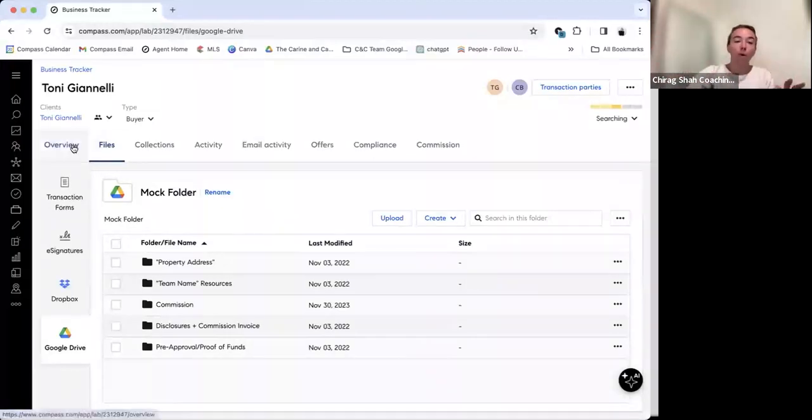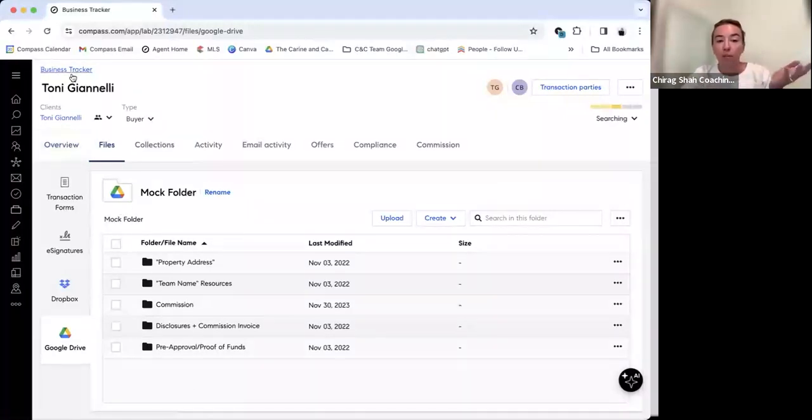Even though it's not a perfect system, I would say this is pretty much all you need. And the nice thing to note is this is a live folder, so it's going to directly feed just like a cloud-based system. When you update something and upload a file into this folder in Google Drive, it'll automatically update into here as well.